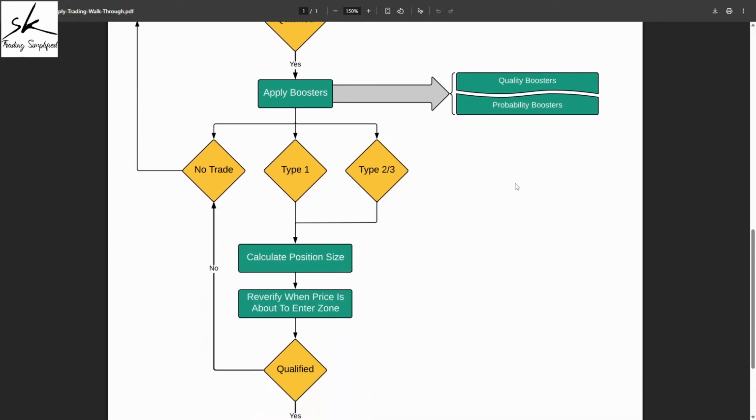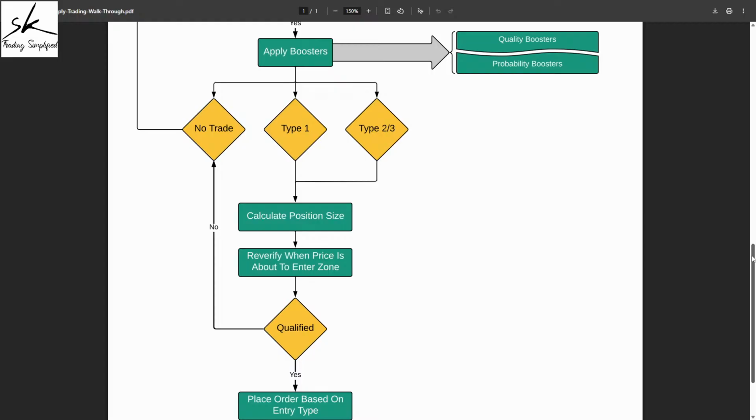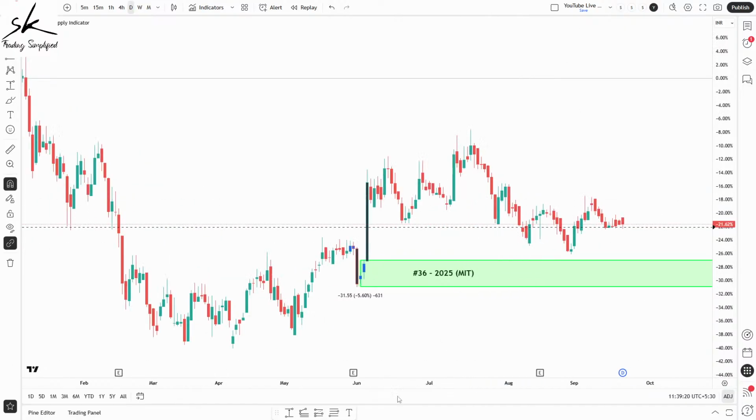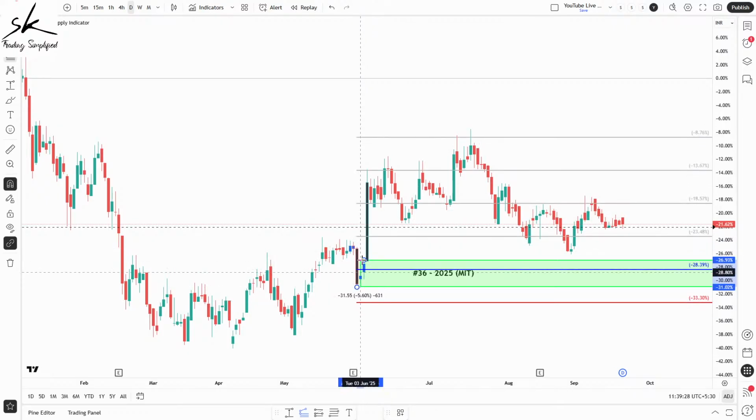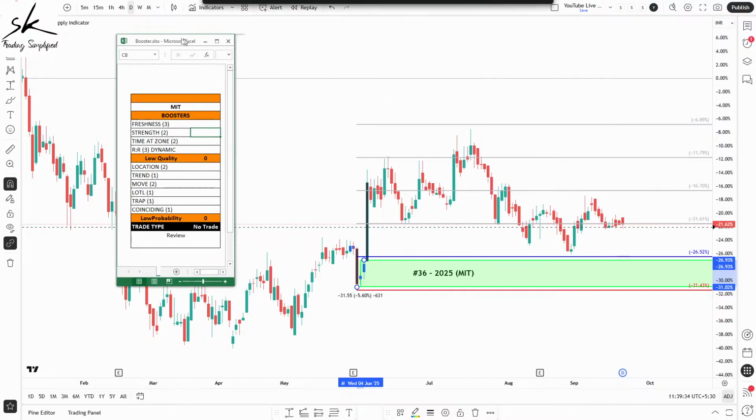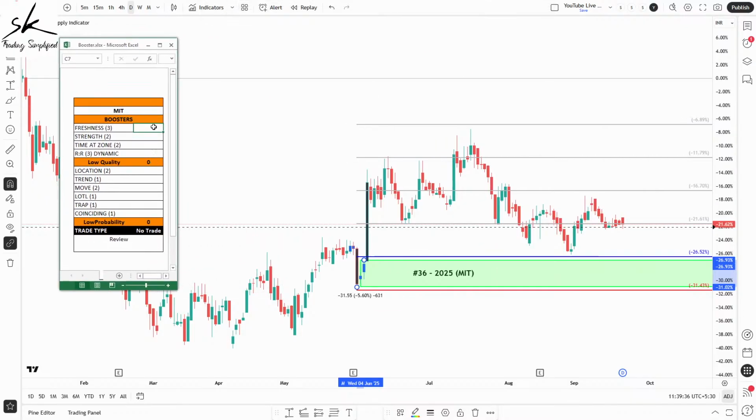So now that we have a qualified area, it does not mean again we blindly trade it. The next step is to understand its quality and the probabilities scoring. So just give me a minute. I'll just draw the entries and the stop losses so that we can also see our numbers here. Perfect. So starting with the first one, which is freshness, the zone is definitely fresh, gets a score